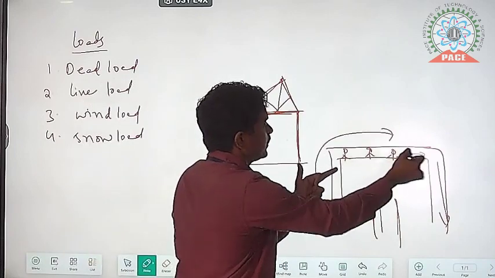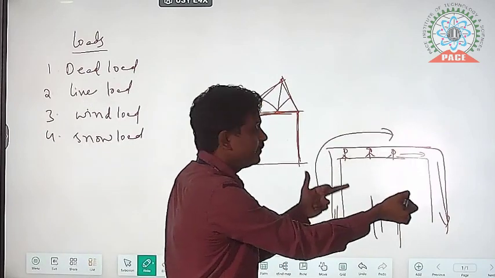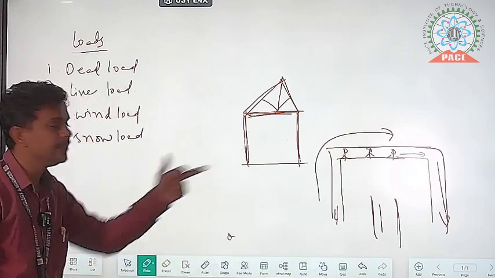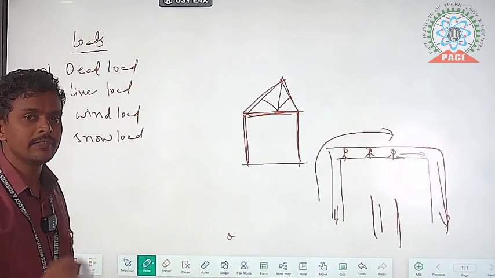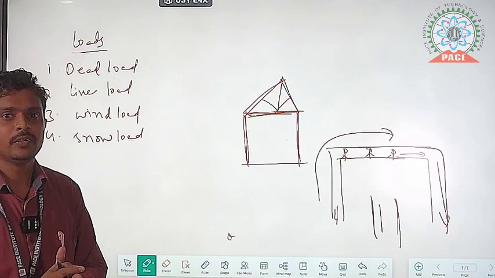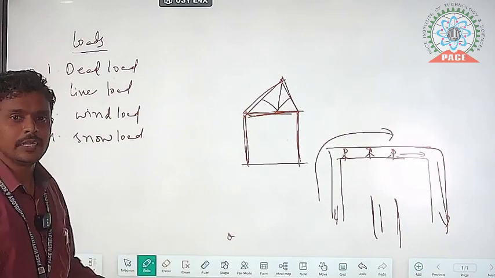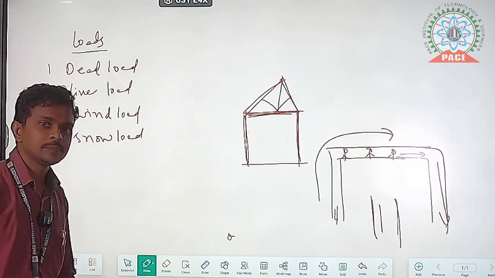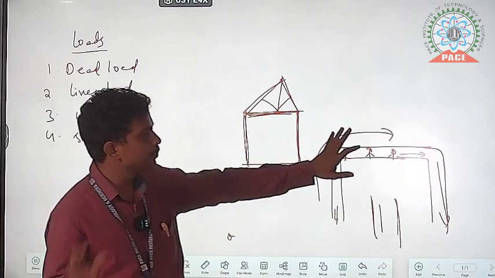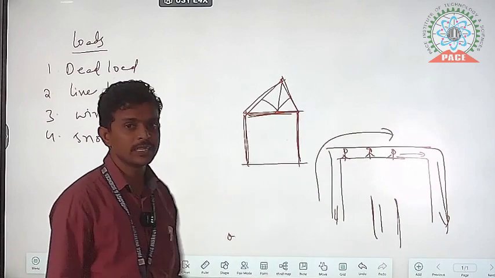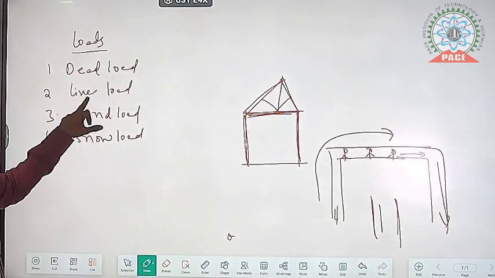Whatever temporary loads are there, for example in a building, any benches or tables, everything we have to consider as load, that is the live load. So dead load is the permanent load, live load is the temporary load. And then if we go for the wind load,